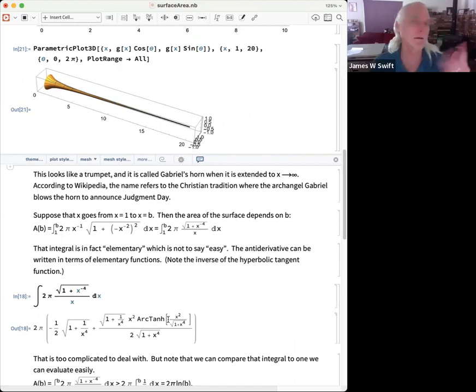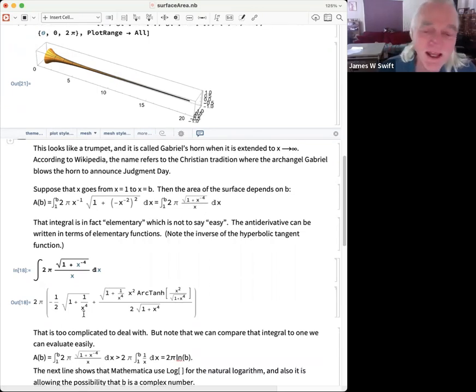Remember that hyperbolic tangent is a really cool function. It goes from -1 up to 1. But it's kind of funny. I put in the definite integral from 1 to b, and it just choked. It could not give me an answer. I think it's because it's thinking about the possibility that b is a complex number. But anyway,